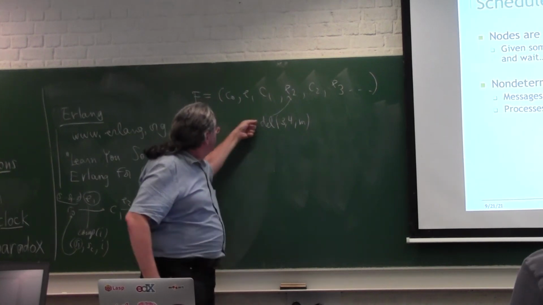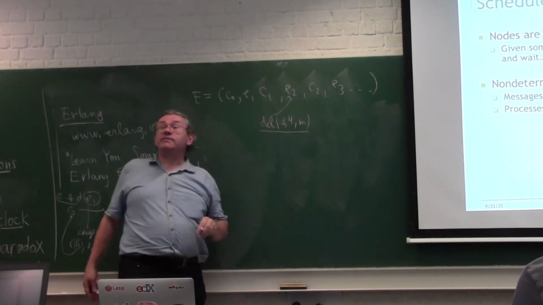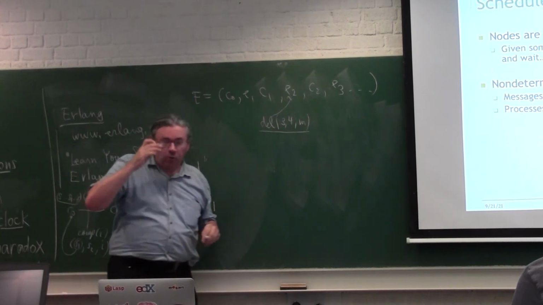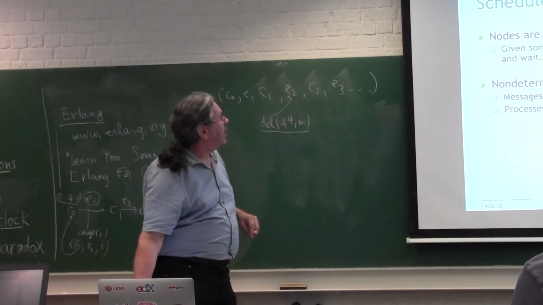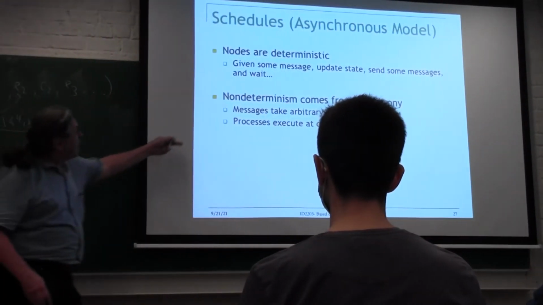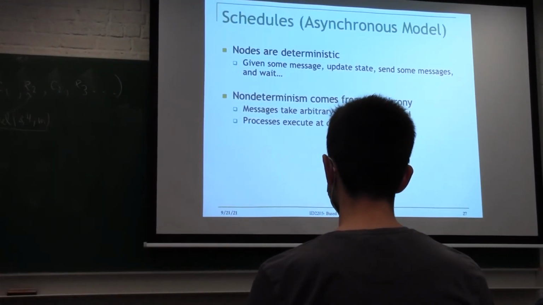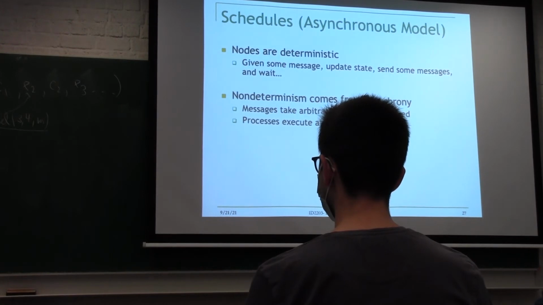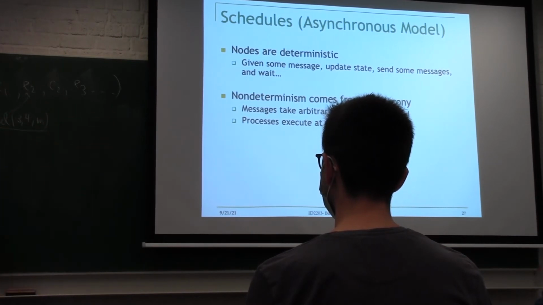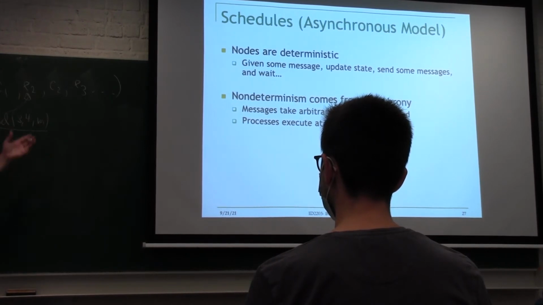So that's actually the same as an asynchronous model, which I mentioned last week, which means messages take arbitrary time to be delivered. In this model, there is no limit on how slow the del is. It can be thousands of events later that you do the del, or 10,000 or a million or whatever. There's no constraint on how long you wait to do a del in this model, so that makes it asynchronous.